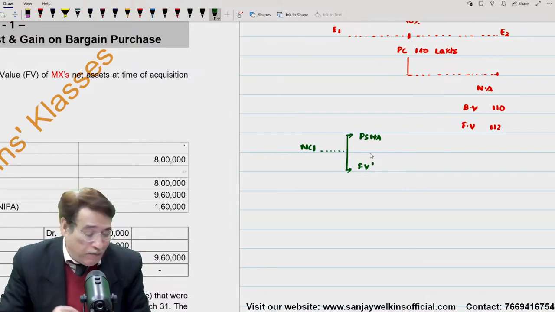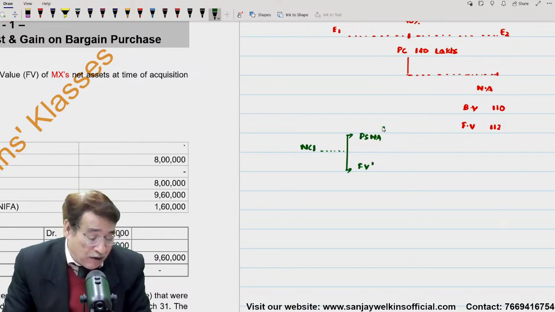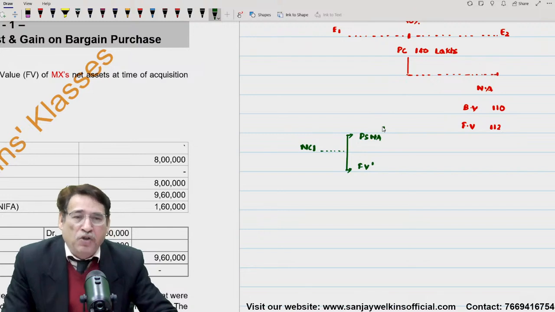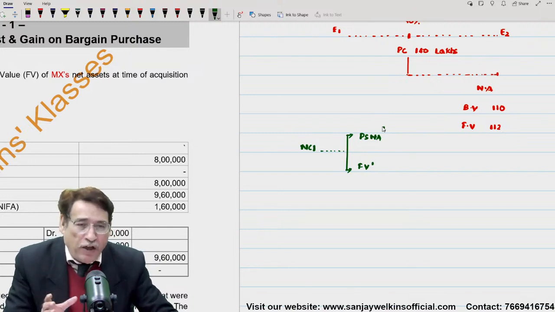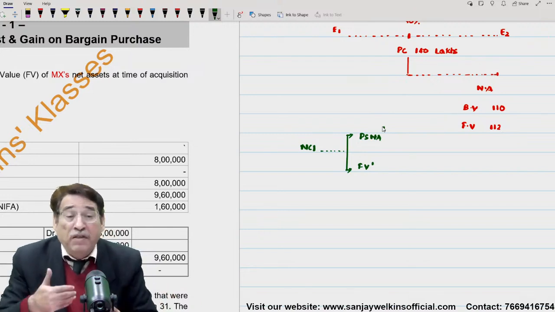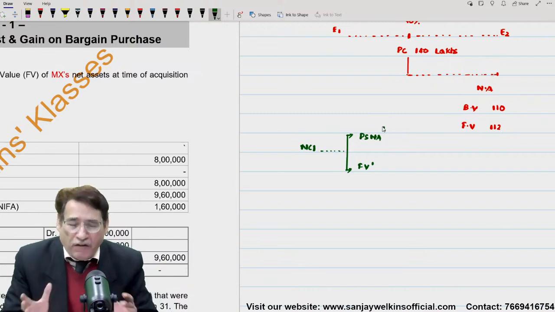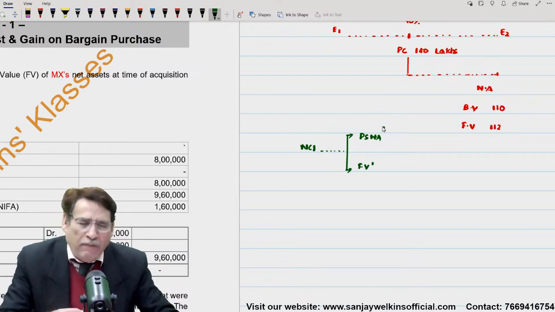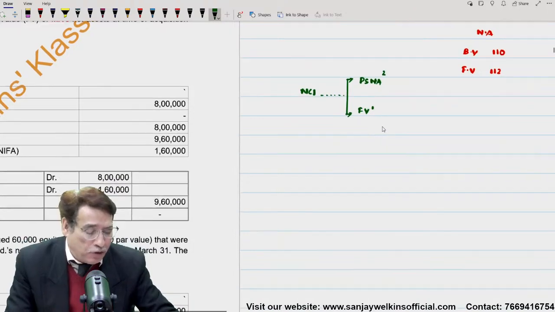In practical life, I'm talking about, it is given the weightage. Generally, the priority is given to the fair value. If possible, you must compute NCI at fair value. In practical life, I am talking about. Correct? At your level, how we are going to proceed, I will let you know in a short while.